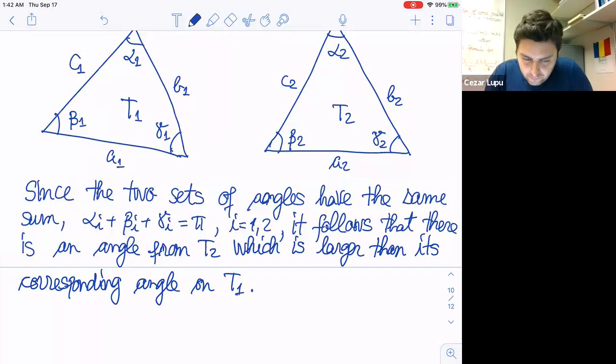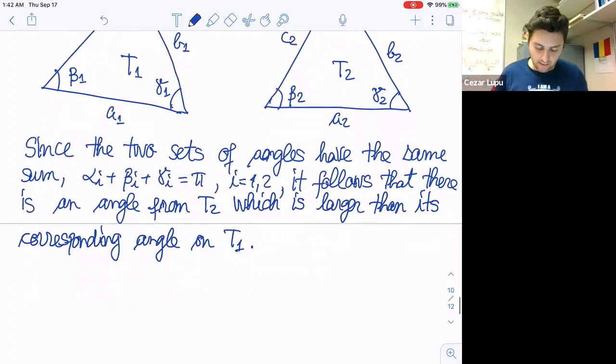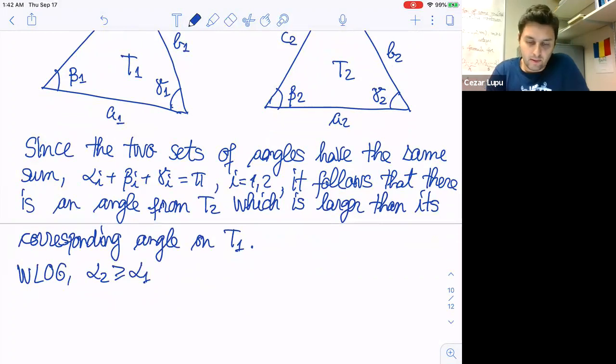Well, without loss of generality, we can place these two triangles on the x-axis, with this angle at the origin, and the b sides along the x-axis. So let's do that. Without loss of generality, suppose that alpha 2 is greater or equal than alpha 1, let's say, right? Okay, and